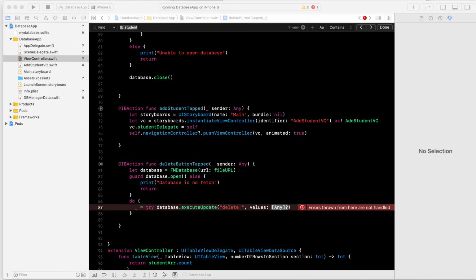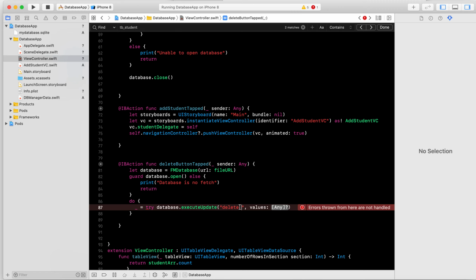Delete function, right? Delete from table. The table name is TB, right? Students,